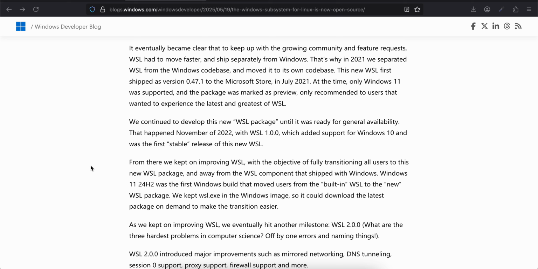This new WSL first shipped as version 0.47.1 to the Microsoft Store in July 2021. At the time, only Windows 11 was supported and the package was marked as preview, only recommended to users that wanted to experience the latest and greatest of WSL. We continued to develop this new WSL package until it was ready for general availability. That happened in November of 2022 with WSL 1.0.0, which added support for Windows 10 and was the first stable release